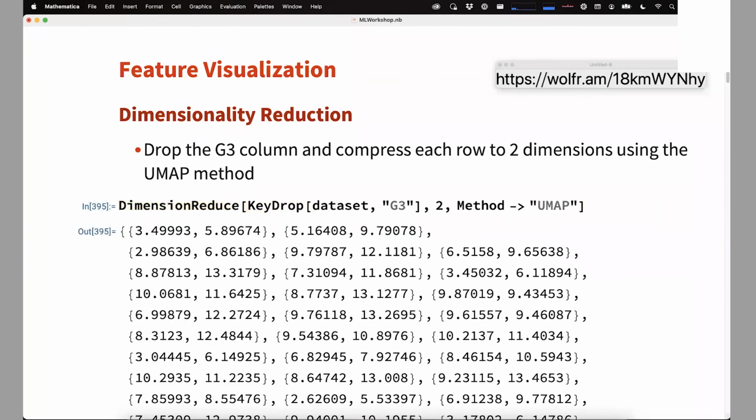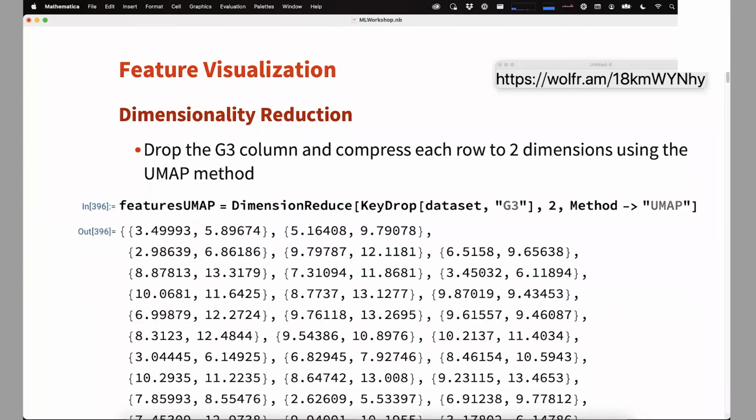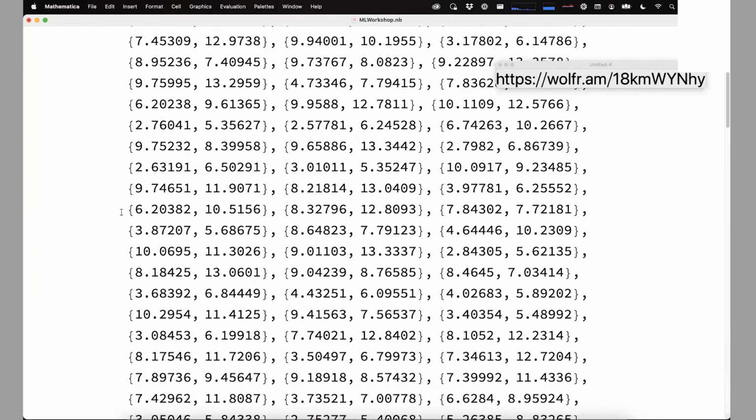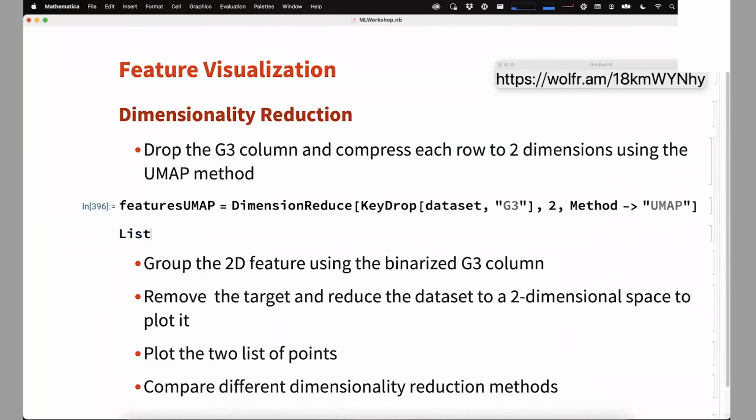So if I do this it gives me, you see, a list of pairs. So there's some feature structure under the hood. Of course, not everything is numerical, but let's say I call this features UMAP. Okay. So now I can do, yeah, this is big, but I can do a list plot